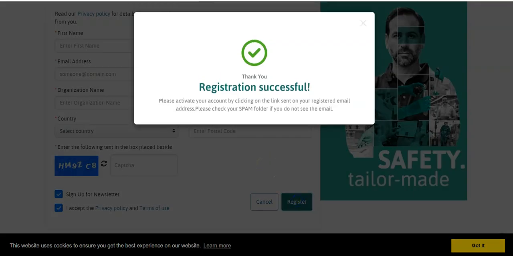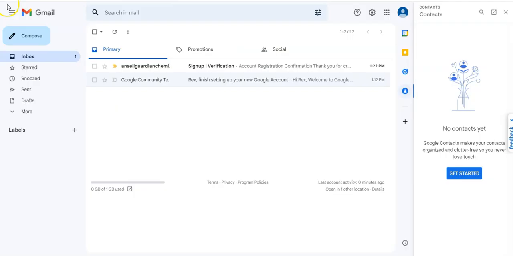After you select Register, you will see this pop-up message informing you that you have successfully registered and that you will receive an email in order to activate your account. If you do not see the email, check your spam folder. Then when you go to your email, you will see this sign-up verification email, and when you open it,